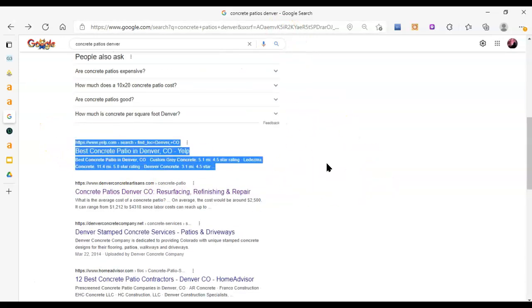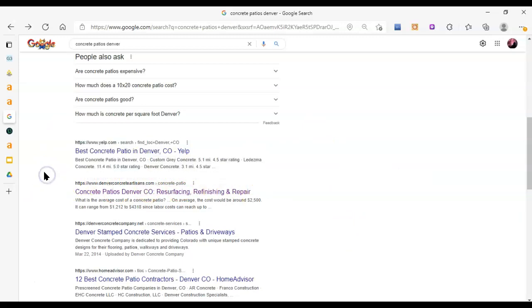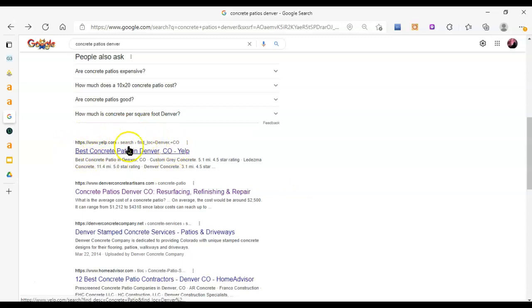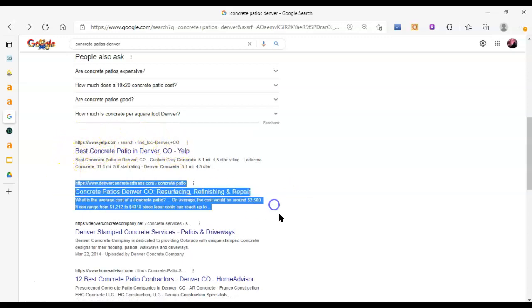So this first result on the organic results here will get statistically about 30% of all of the traffic. So of that 150 that typed Concrete Patios Denver on average each month, about 45 each month will probably click on this first one. About 20% will click on this one. So about 14, I don't know. I can't do quick math like that. I know the 45 one, but whatever 20% of it is here. So it's a little harder to play against the big boys like this, but we can go after this spot